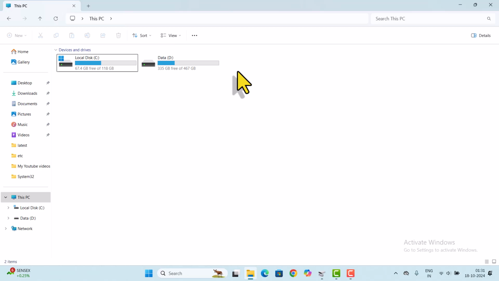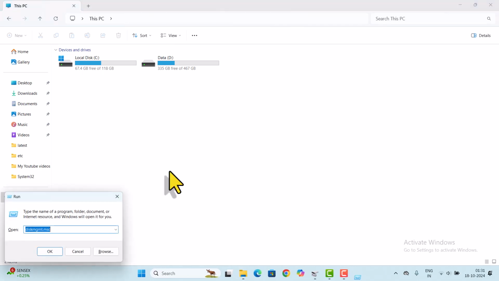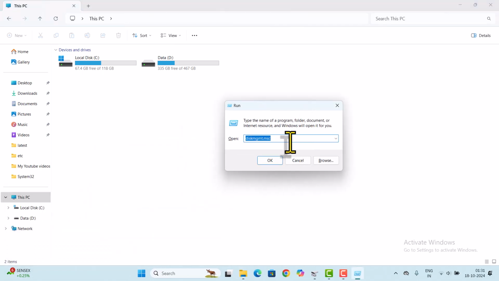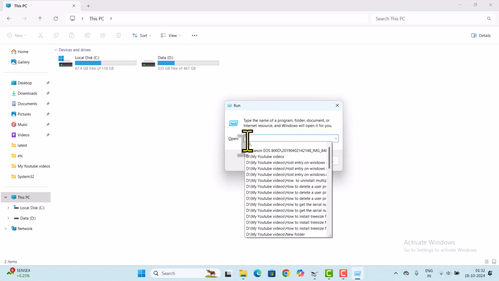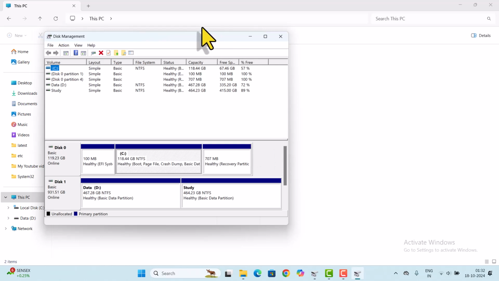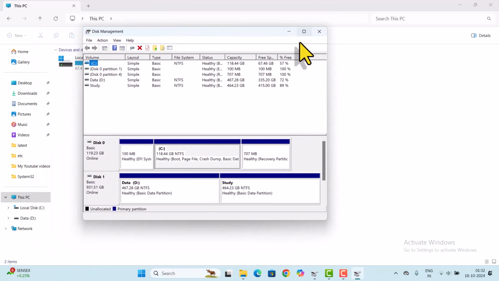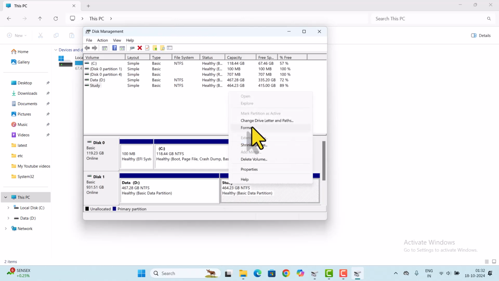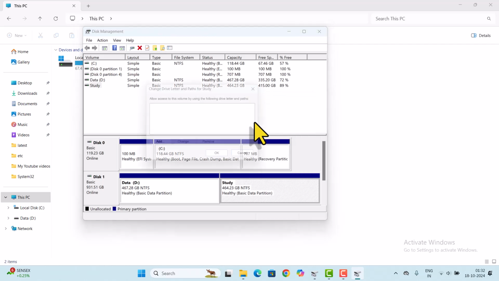To reactivate the study drive, we have to follow the same steps. Go to the Run box, enter diskmgmt.msc. Here we want to activate the study drive, right? So just right click here, click on Change Drive Letter and Paths,